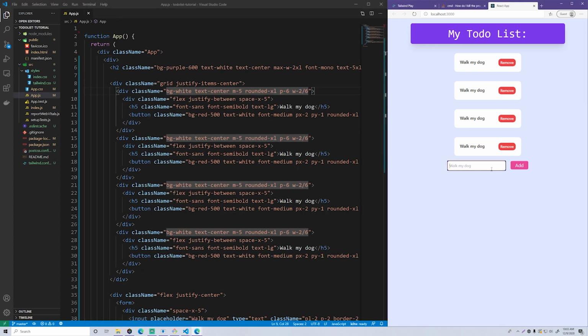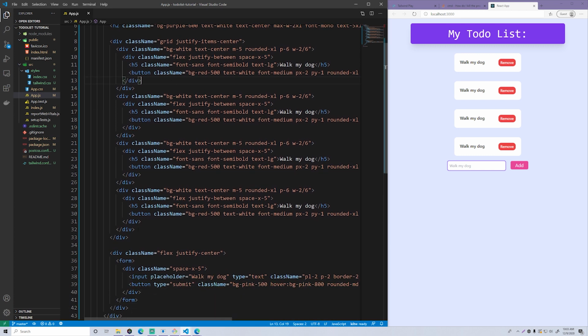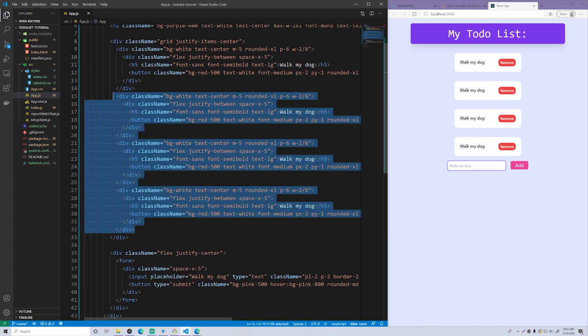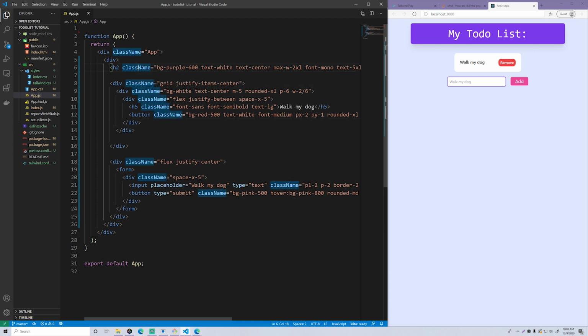So now we need to actually make it so that whenever you add stuff, a new thing pops up right there, okay? To do that, let's delete these divs here, the extra ones. And we'll leave that one for now. And so let's split this up into components. It's a React application, so we should use components because that's what they're intended for.